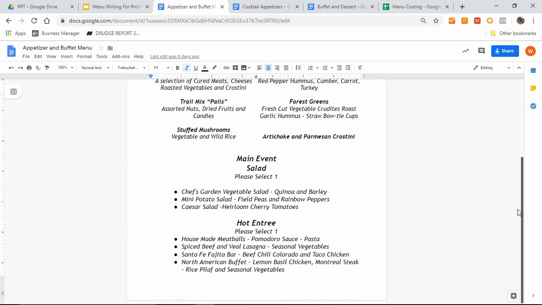We move down. We talk about hot entrees. We have the main event. Just a wording that I would use. You can say main proteins, main dishes. First, we get to the part of this deal. We got to choose a salad and we got to choose an entree with